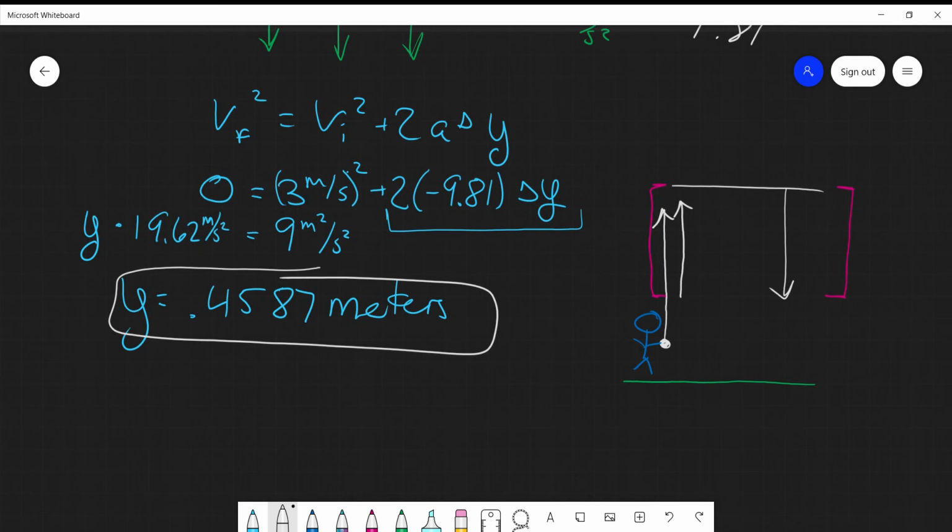everything that happens in the first half, from when it's launched to when it reaches max height, is symmetrical to max height back to where it started from. So it takes the same amount of time for the ball to fall as it does for the ball to rise, and it has the same velocity. The velocity at which it leaves your hand is the same velocity at which it hits your hand,